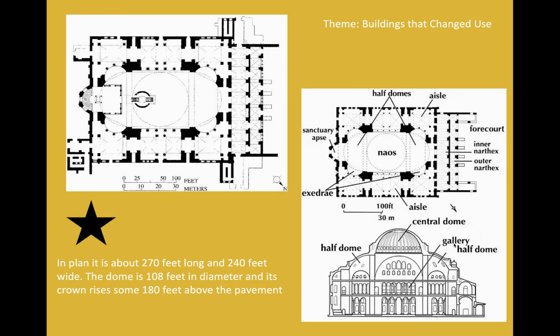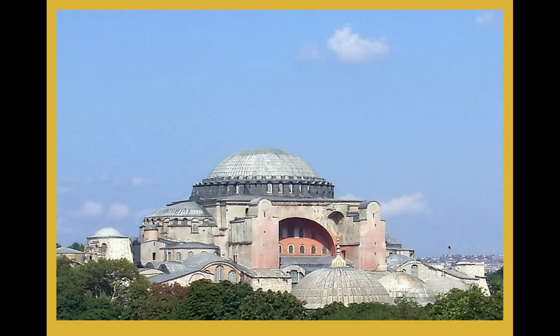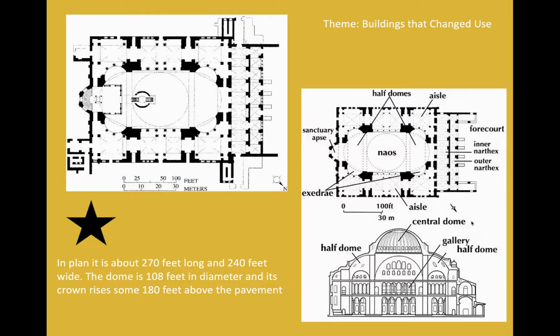This that you see here is actually the third Hagia Sophia. The first one and the second one were both made out of wood and burned down. But this is the third one on the same spot by the same architects. But they finally got it right with the third one here. So we're looking at this. This is centrally planned